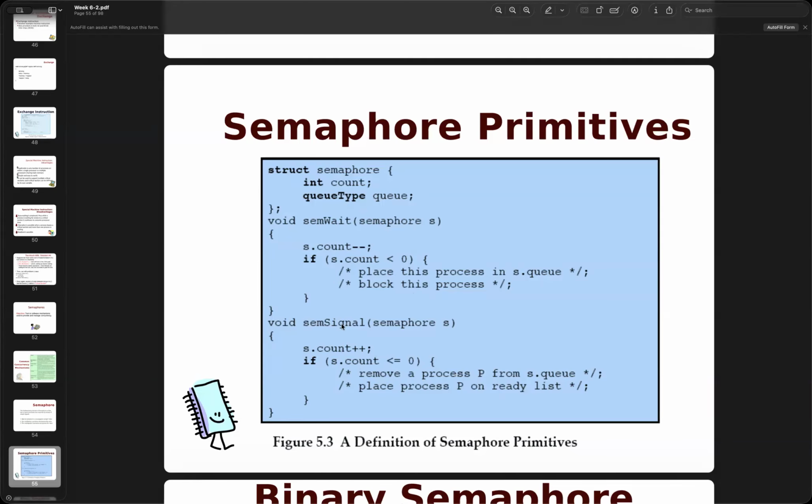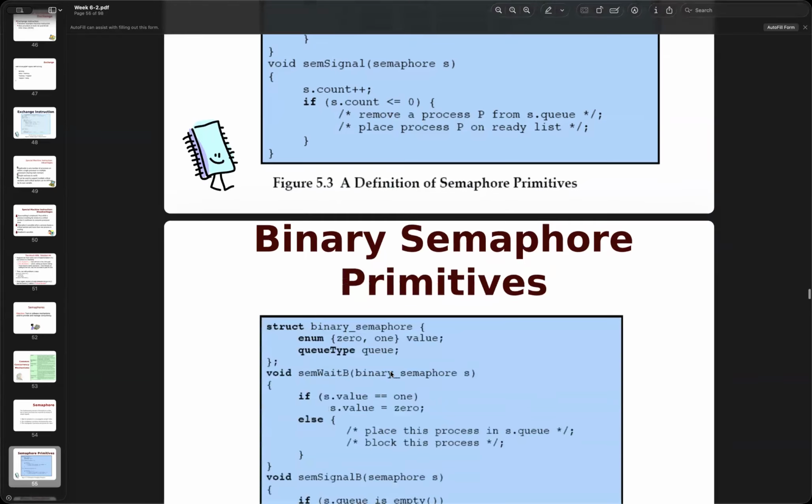So with wait and signal, we have a decrease and then an increase, but we check the count. This count tells me how many processes are waiting in this queue. If it's less than 0, that means there are processes waiting in the queue that we need to execute, and that's why you see the checking condition. So it will be less than or equal to 0 right here, and we'll keep checking.